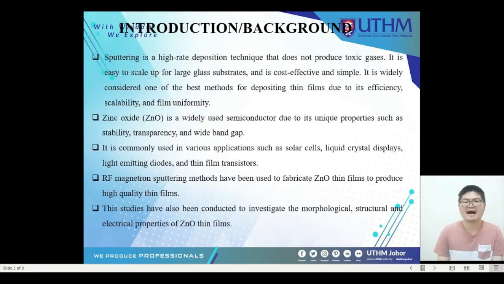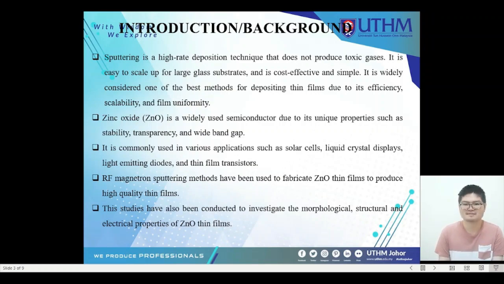Next, sputtering is a high rate deposition technique that does not produce toxic gas. It is easy to scale up for large glass substrates and is cost-effective and simple. It is widely considered one of the best methods for depositing thin films due to its efficiency, scalability, and film uniformity. Zinc oxide is a widely used semiconductor due to its unique properties such as stability, transparency, and wide bandgap. It is commonly used in various applications such as solar cells, liquid crystal displays, light-emitting diodes,